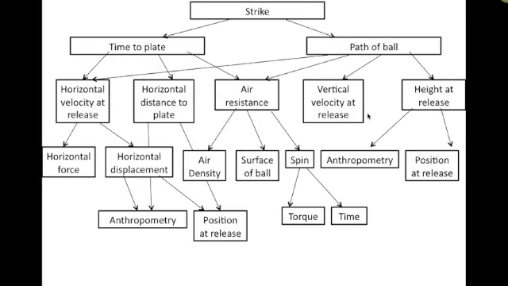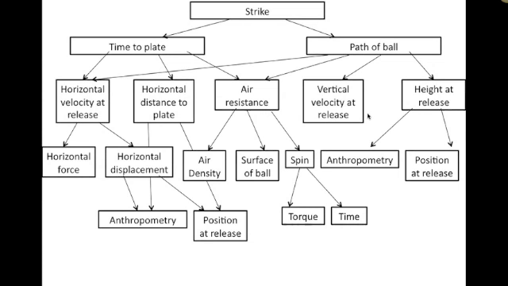The following is a slide showing a theoretical model of the factors that mechanically affect the outcome of a pitch in baseball. So as you can see here, you have the strike, which is the ultimate or primary goal, which leads to the time that the ball goes to the plate and the path of the ball, which is further broken down to the horizontal velocities, the horizontal distance to the plate, the air resistance, vertical velocity at release, and the height